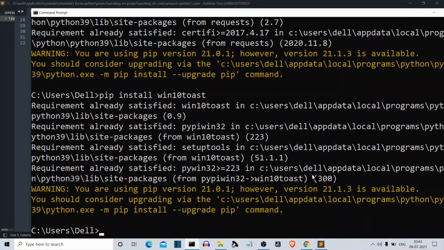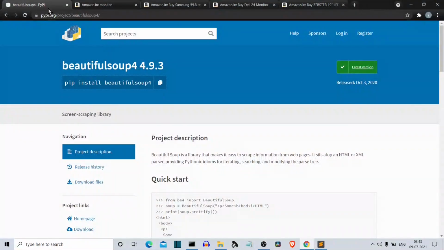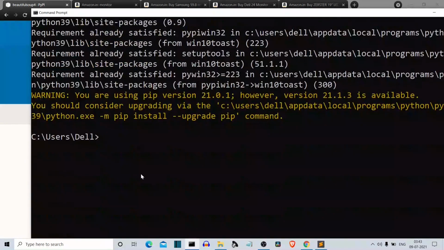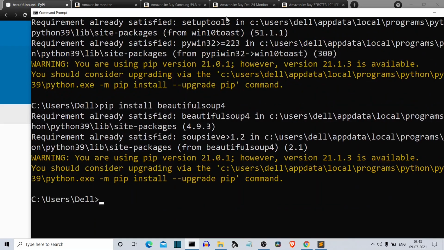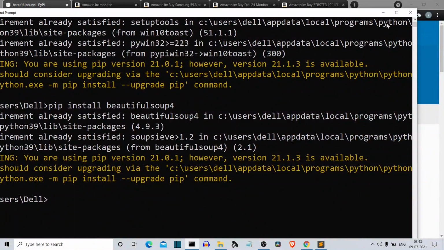And the last package that you have to install is bs4, or Beautiful Soup 4. This will be used for web scraping. Now go back to the terminal again and install this package also. Okay, all our packages are installed. Let's get to our editor so that we can see how we can create this program.